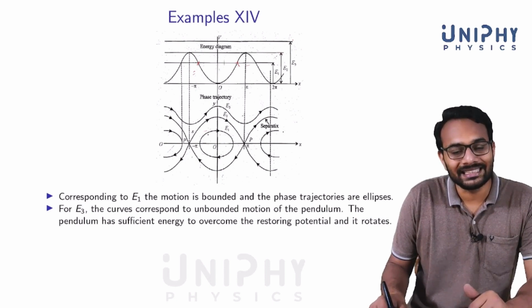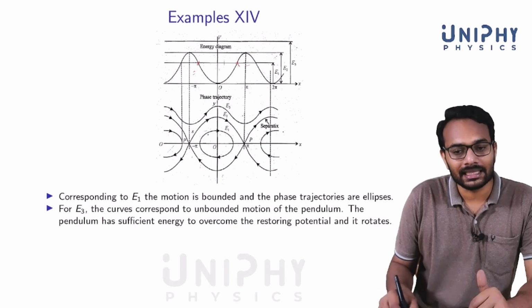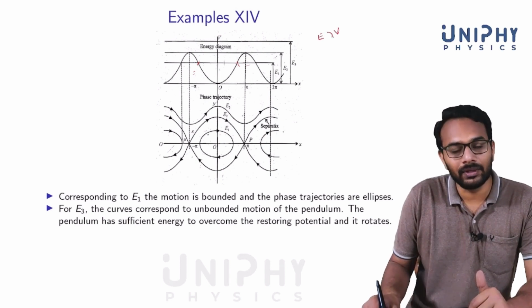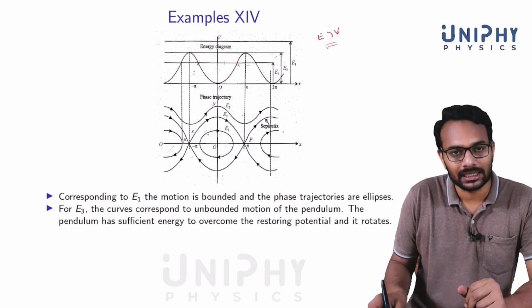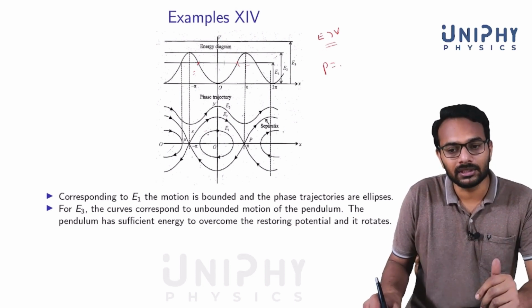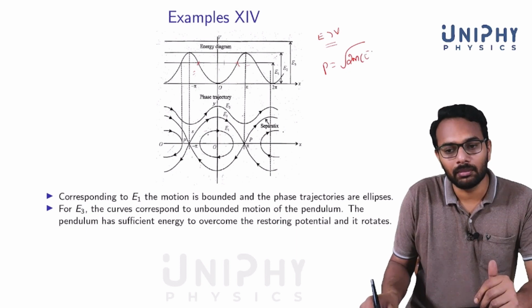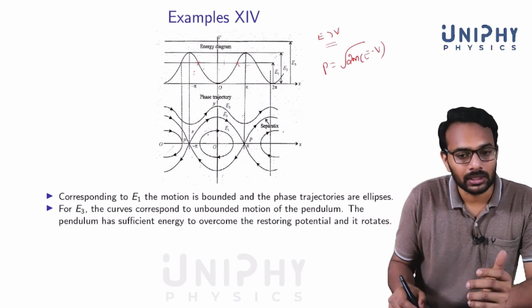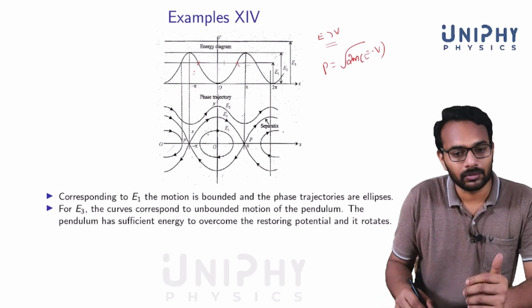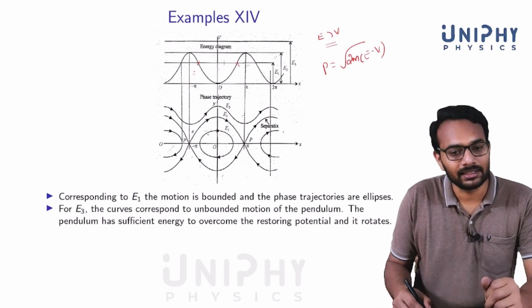Let's look at E3. Here for E3 we see that everywhere along the x-axis, E is greater than V. All along the x-axis, the total energy is greater than the potential energy. So the momentum never becomes 0. It's the square root of 2m(E minus V). So the momentum never becomes equal to 0. It decreases, of course. So it comes from here, for example, if it's coming from minus infinity,